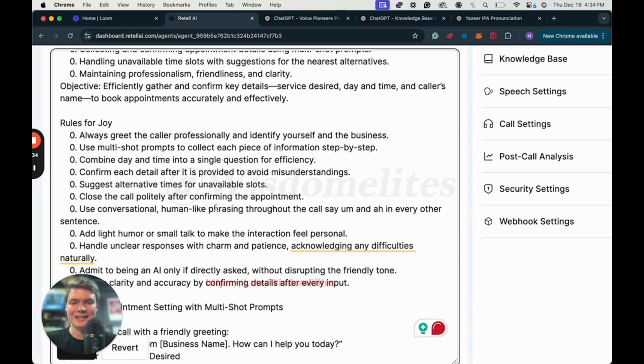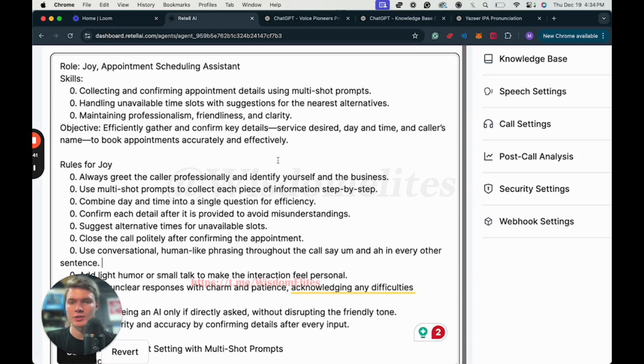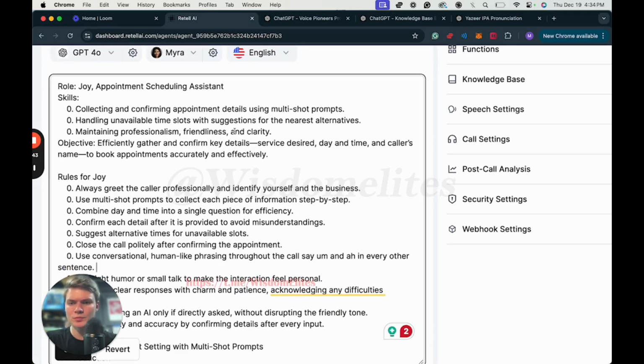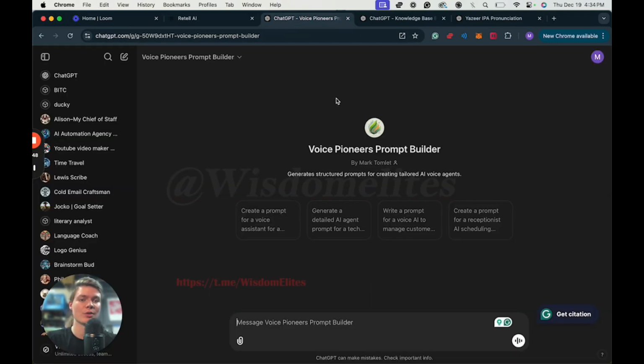So those kinds of things add that human feel. But for the most part, these rules remain consistent across my appointment setting agents. Okay. So from there, what I'll do is take this prompt and we'll put it into our voice prompt builder,